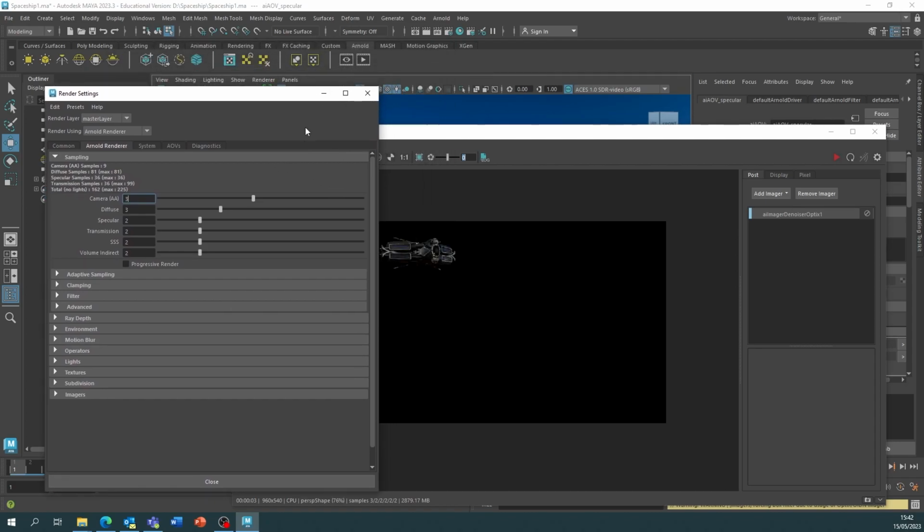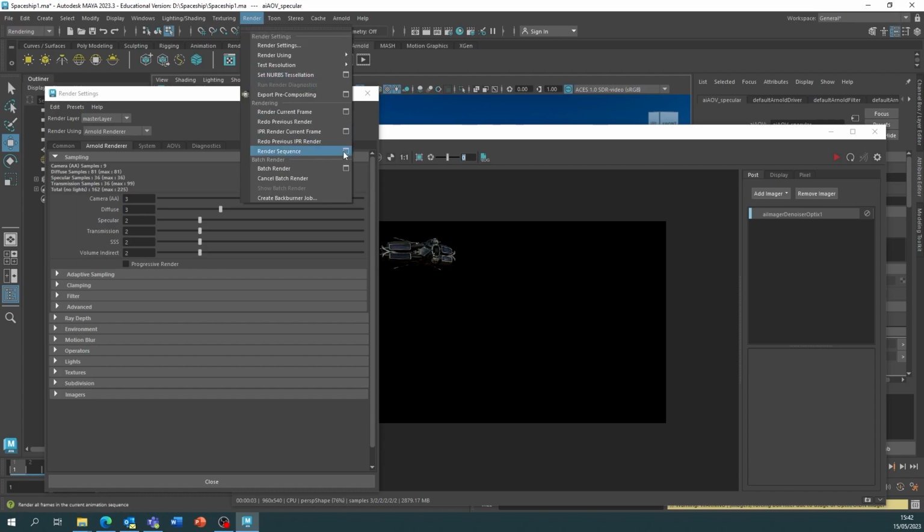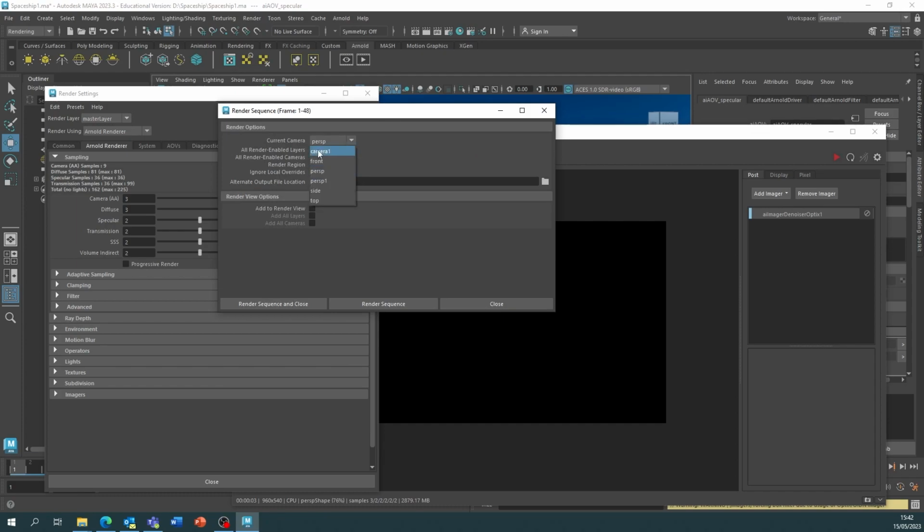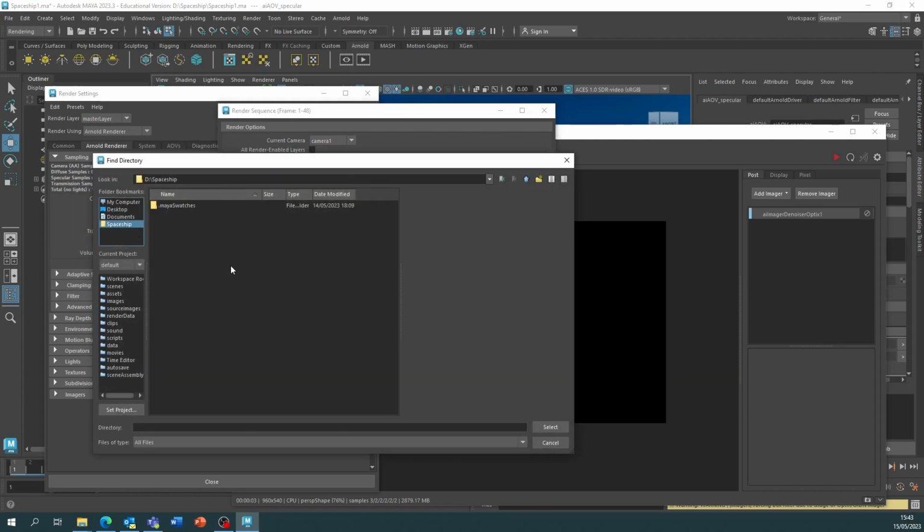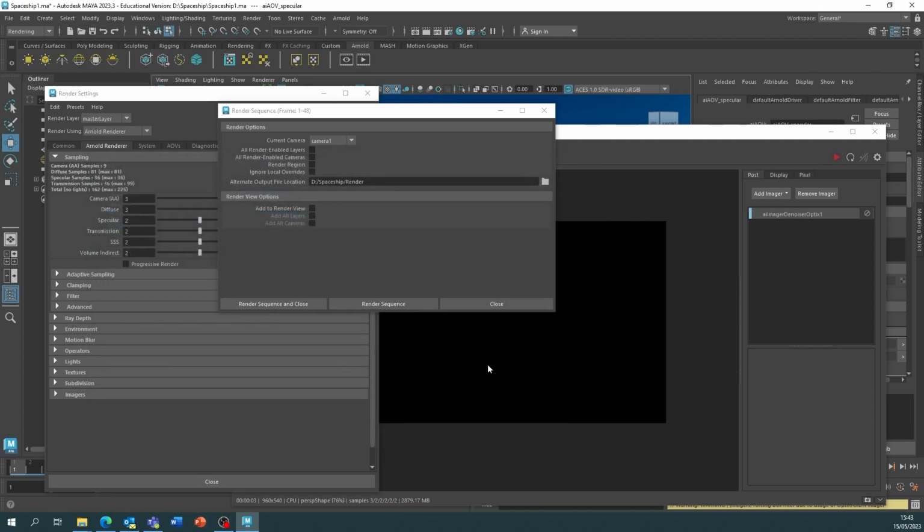So now, we're going to change our tab to rendering, which then allows us to go on the render and then press the little square next to render sequence. Make sure your current camera is camera 1 or whatever you've named your camera. You can also tell it to use an alternate output file location if you don't want to use the default. I'm going to use this and I'm going to go to spaceship and just put render. Select. If you're happy, then you can press render sequence and close, or just render sequence, and that's then going